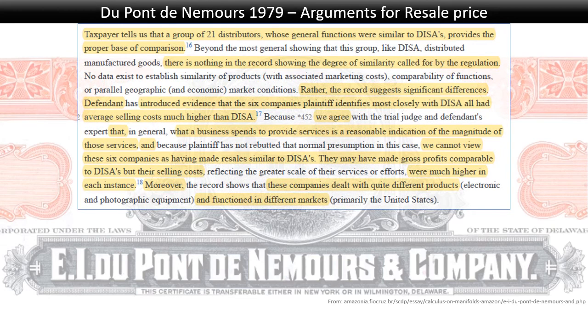The taxpayer tells us that a group of 21 distributors whose general functions were similar to DISA's, i.e. they were distributors, provides a proper base for comparison. But there's nothing in the record showing the degree of similarity called for by the regulations, that's the 482 regs, right? Rather, the record suggests significant differences. Defendant, who is the IRS,